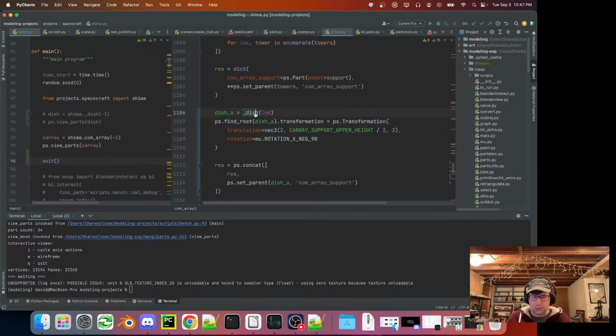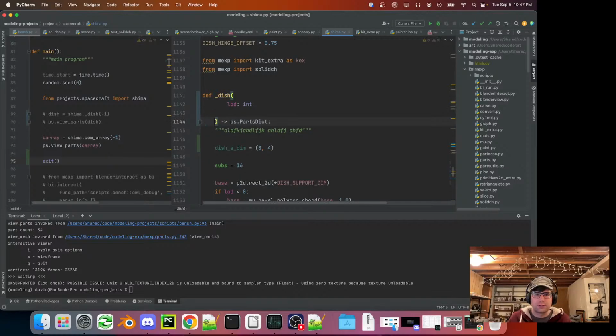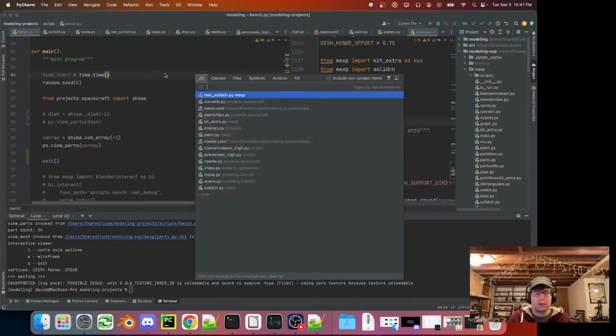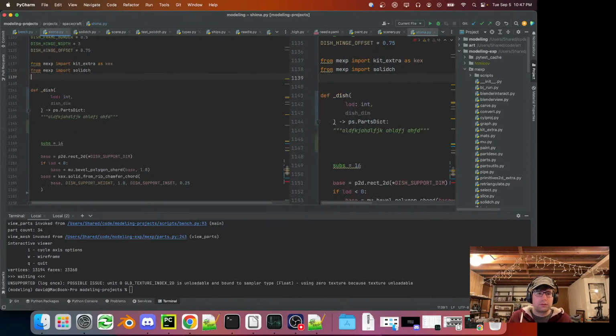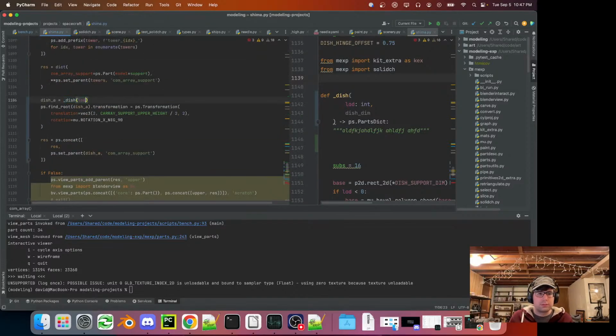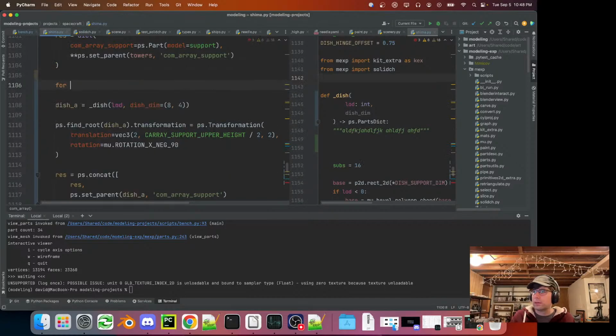So, okay, we want to now parameterize the size of the dish here. Here for this, so